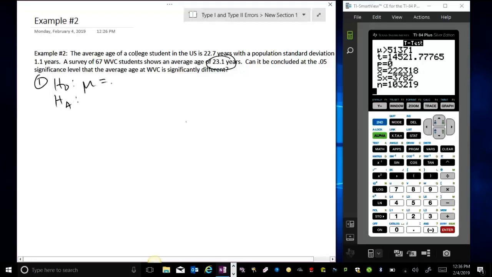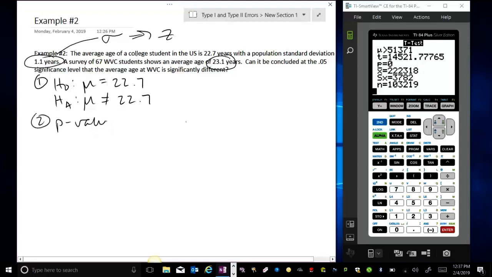The average age that I found on Google was 22.7. We're just wondering if this is different, so not equal to 22.7. We've got our survey here of 67 students, but the standard deviation that we were given belongs to the population. So we do have a population standard deviation, so we can run this one as a z-test. I'm going to do another p-value, so I'm going to look for that p-value area, that rejection area, so we can compare it to. This one was a 0.05 two-tail test, so that rejection area of 0.05 is divided into